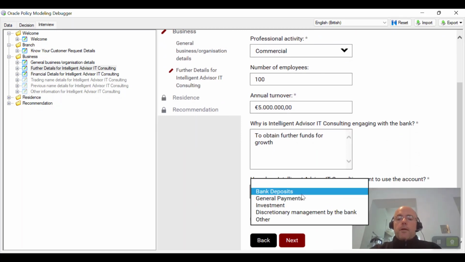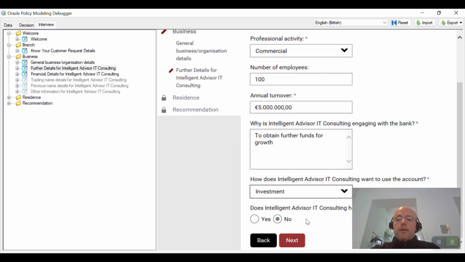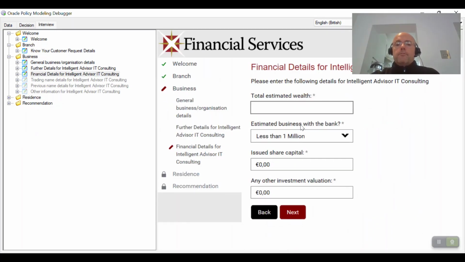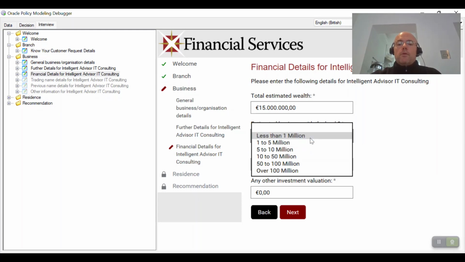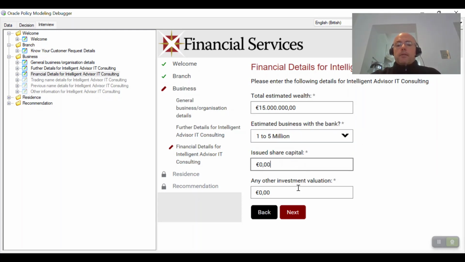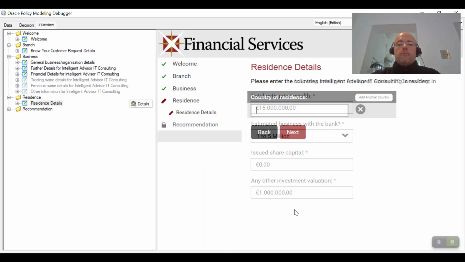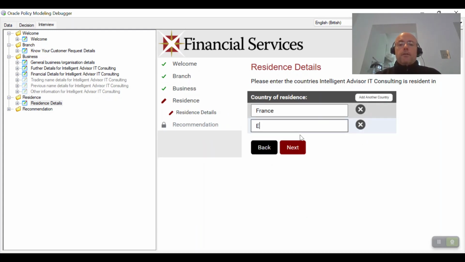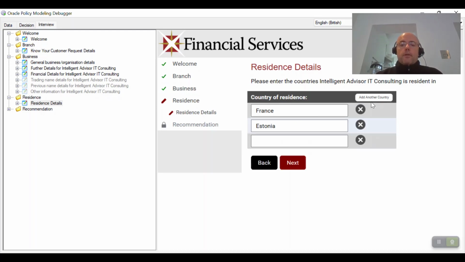And they want to use it as bank deposits. No, I want to use it as an investment account. And yes, we have a presence abroad. Total estimated wealth on hand, 15 million. 1 to 5 million with the bank. Any other, we've got another 1 million worth of investment. Country of residence, France, and another country, Estonia, and another country, Canada,